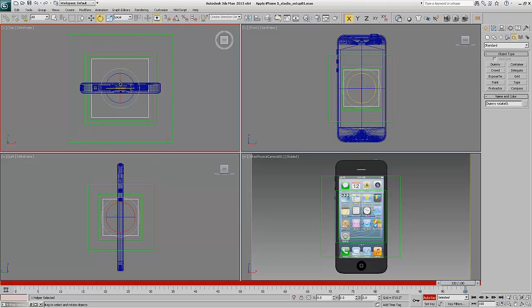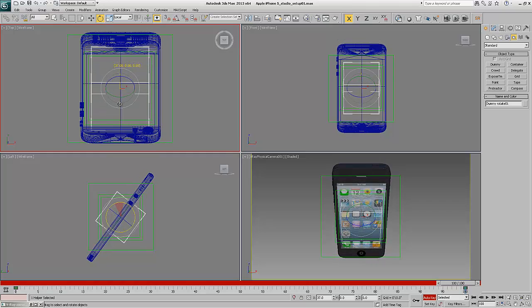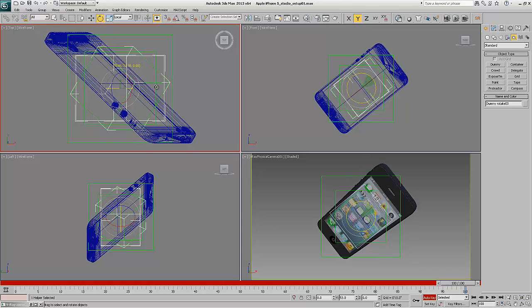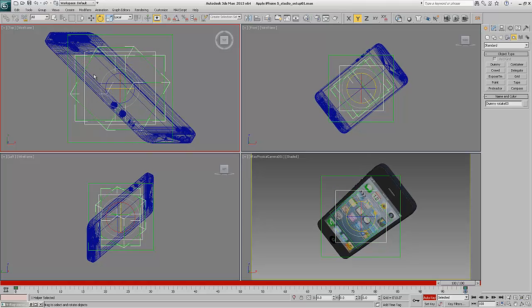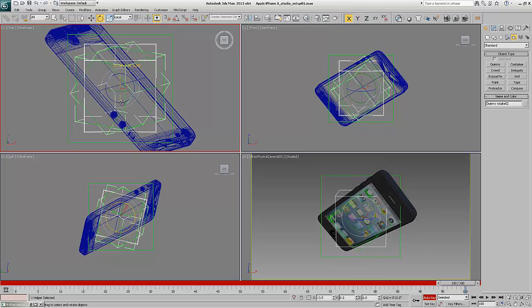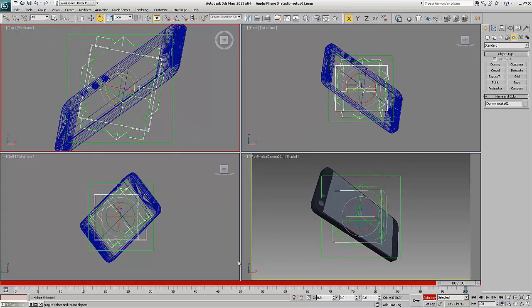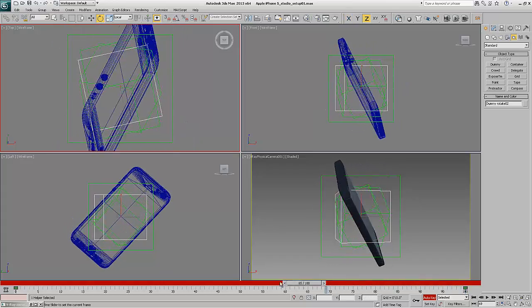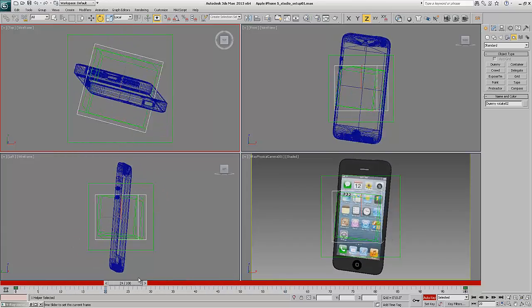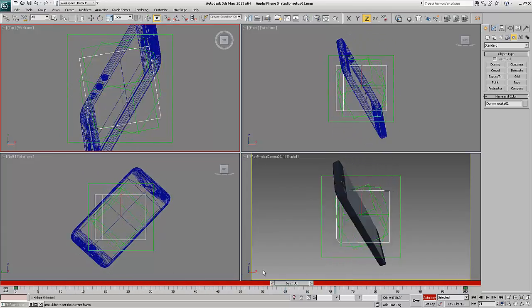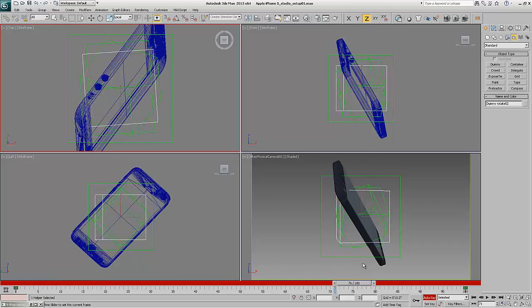Let's turn on auto key, go out 200. So I rotate just one direction there. I rotate just one direction there. And I can rotate completely. So what do I do there? Maybe this one. There we go. Okay. Now, I've separated basically all of the different axes of the phone so that I can